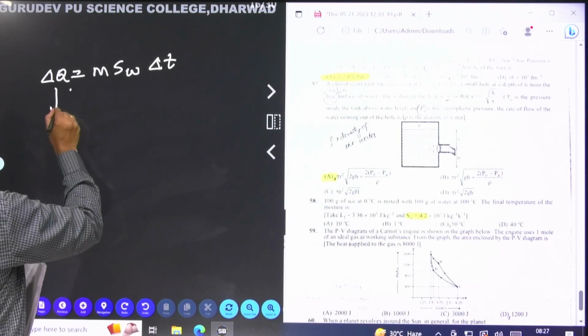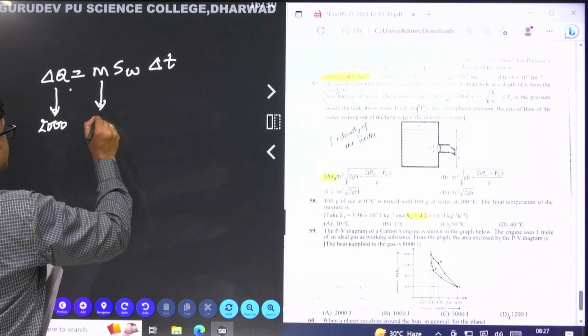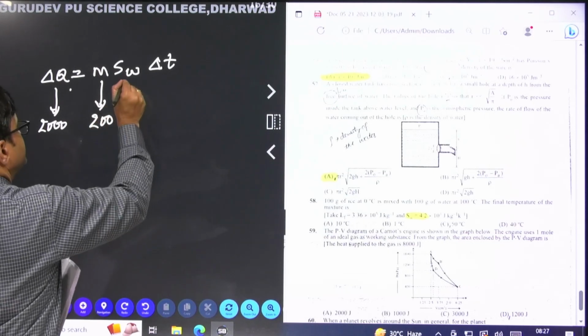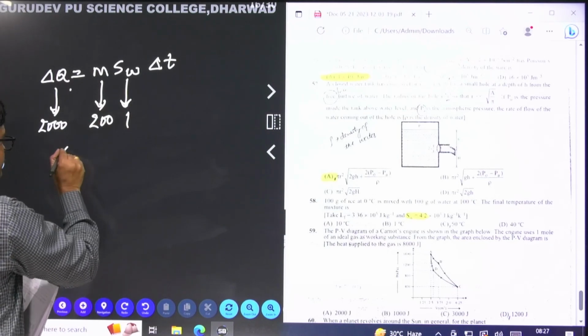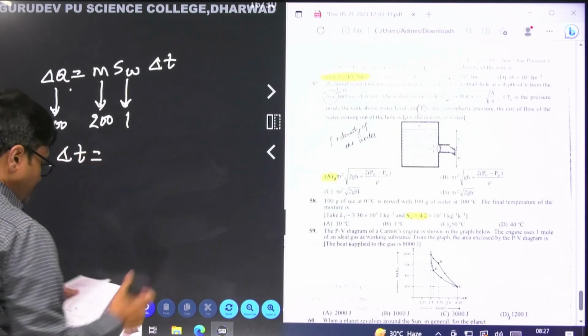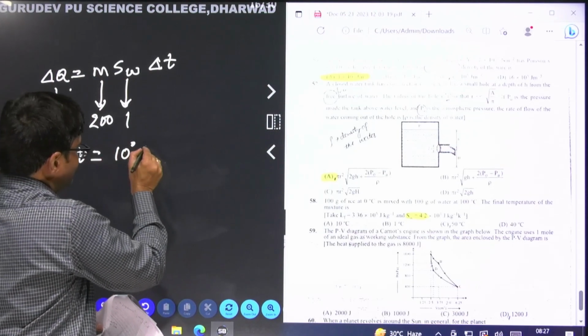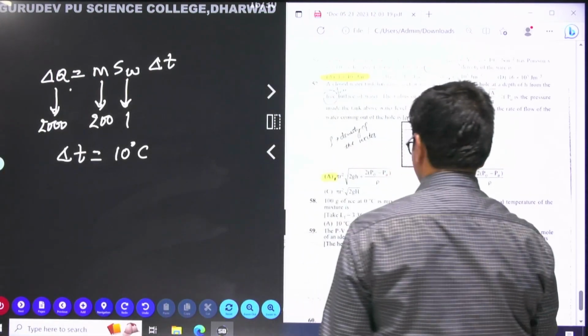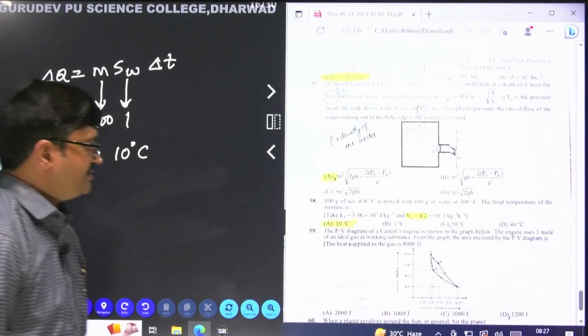So this is 2000, this is 200, and specific heat you can take 1. Okay, then I can get the value of delta T. In this case delta T comes out to be 10 degrees Celsius. Okay, so our answer is option A, 10 degrees Celsius. Okay, now